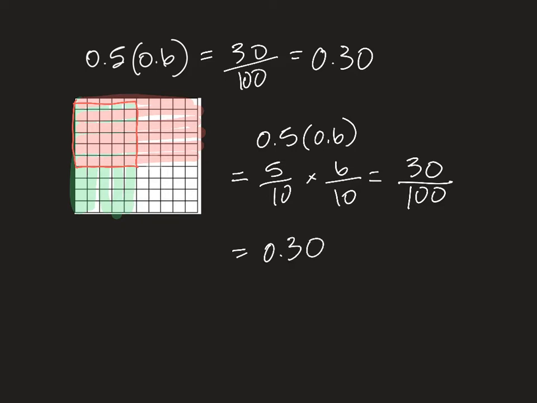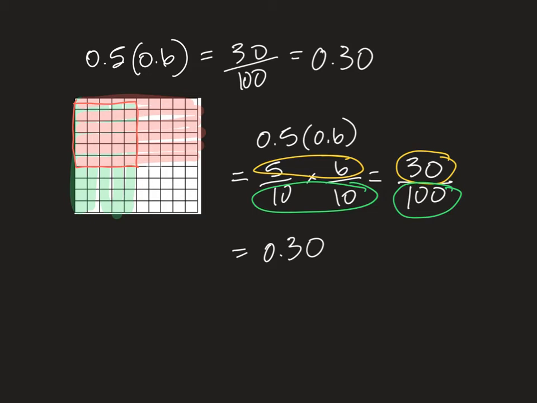Well, notice what happened here. What was our first step? We first multiplied the 5 and the 6 to get the 30, right? So essentially ignoring the decimals and getting 30. And then the second step was what? Multiply the 10 and the 10, which represented one decimal place each, to get 100, which gives us the 2 decimal places. So we added the decimal places together to get the 0.30, right? We moved it 2 decimal places.